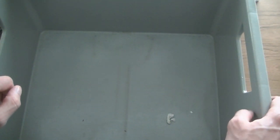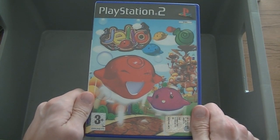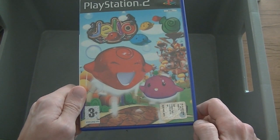And then there's one more game that I can show you guys. It's a very, very hard to find PlayStation 2 game. I paid about 40 to 50 euros for it, and it's a crap game by a really shitty publisher, but it's so damn rare, and I just wanted to have it because I like rare. And the game is Yellow. Yes, Yellow, by the infamous...